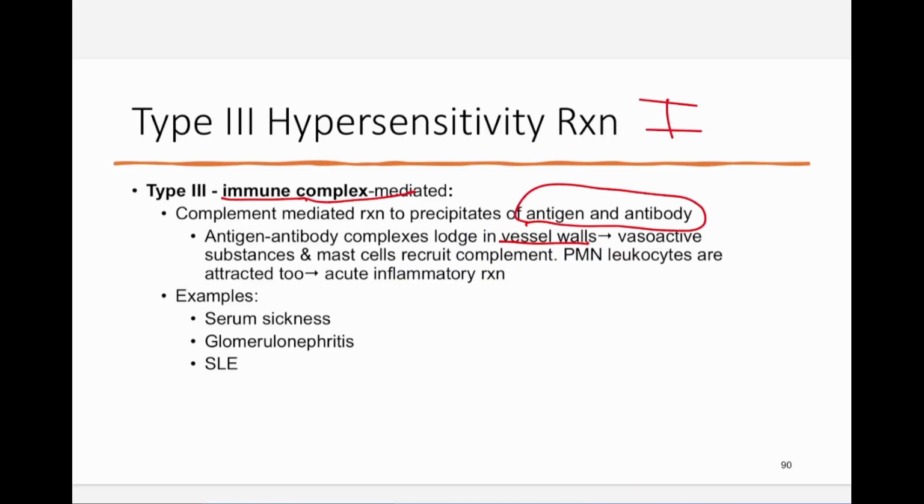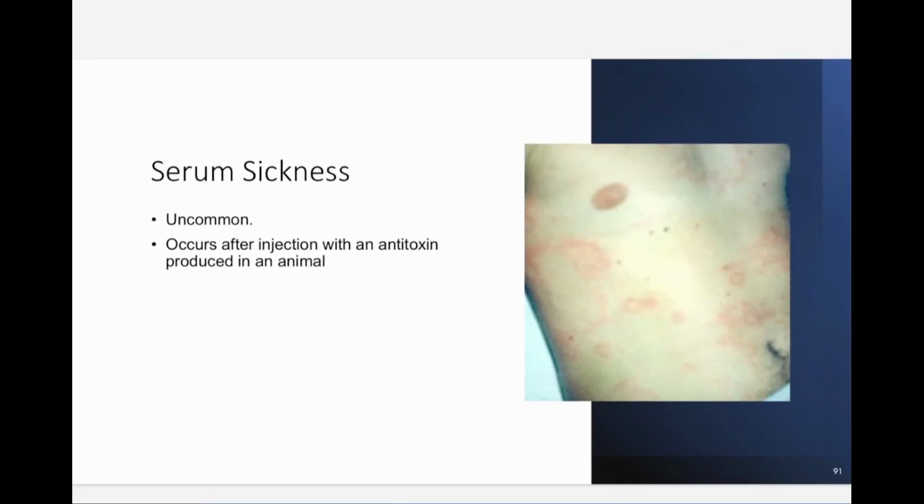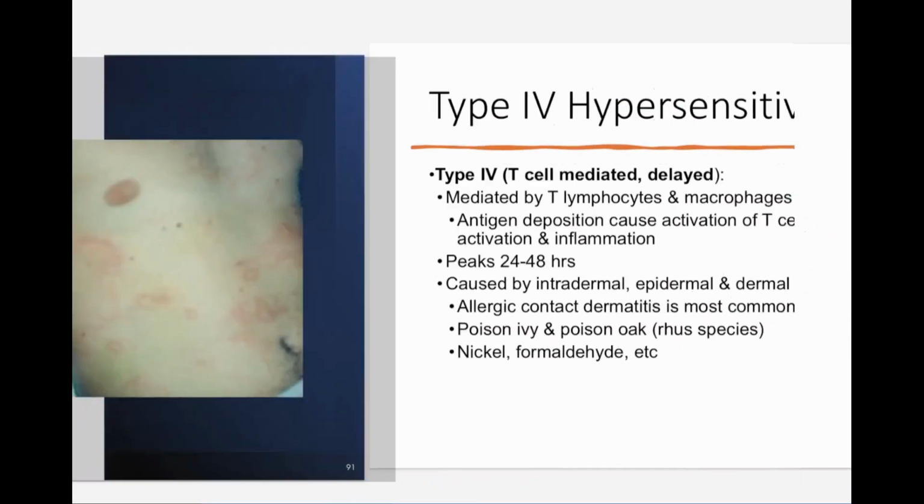So when we get to lupus at the bottom here, SLE, the symptoms of lupus are very, very wide. There's a lot of them. But it all depends on where these immune complexes get stuck in the tissues. If they get stuck in the kidneys, they're going to have kidney problems due to their lupus. If they get stuck in the heart, they'll have heart problems. Depends on where those complexes get stuck. So here's serum sickness. Usually you get antitoxin produced in an animal, so like a rabies shot, those things. If you got bit by a snake, the anti-venom they give you can cause problems.